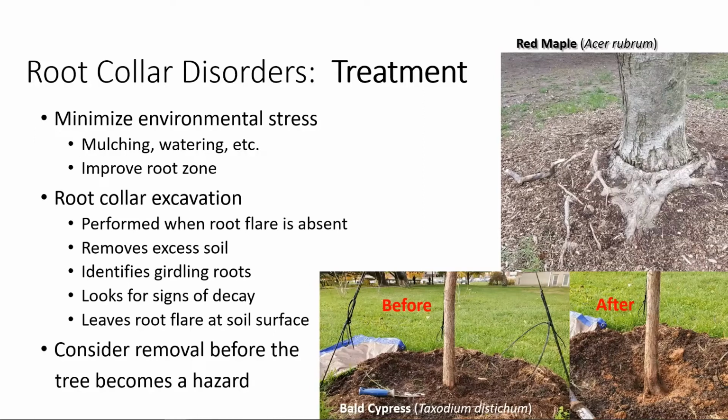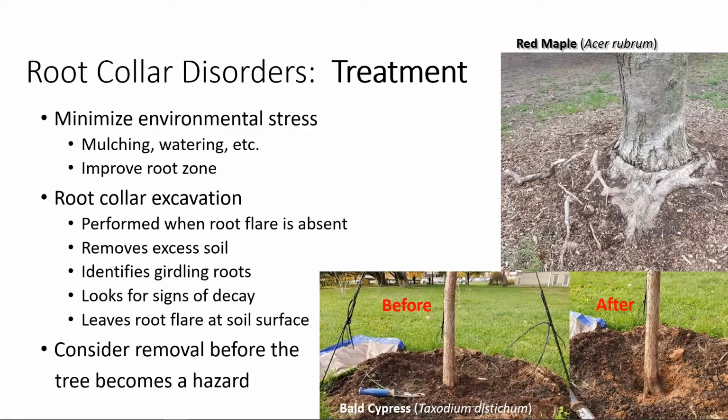So another treatment option that I always have to mention with this is to really consider removal before this tree becomes a hazard. In the case of larger trees like this red maple at the top, where we see some pretty significant trunk constriction going on, if the tree was healthy and fine, had normal twig growth, a full canopy, I would say be a plant that we need to watch over time and not worry about, but keep an eye on and really have an annual assessment of its health.